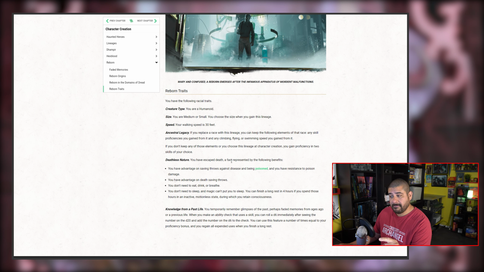You have escaped death, a fact represented by the following benefits. As a Reborn, remember, this is kind of a new race, or what you've now become. You have advantage on saving throws against disease and being poisoned, and resistance to poison damage. Advantage on death saving throws. You don't need to eat, drink, or breathe. You don't need to sleep. Magic can't put you to sleep, and you benefit from a long rest after 4 hours, as long as you're inactive, motionless, during which you retain